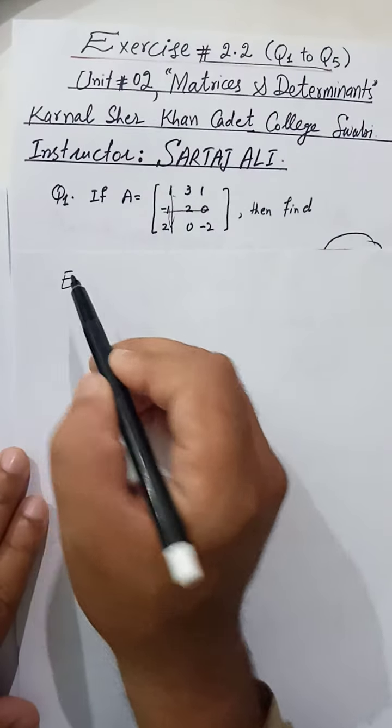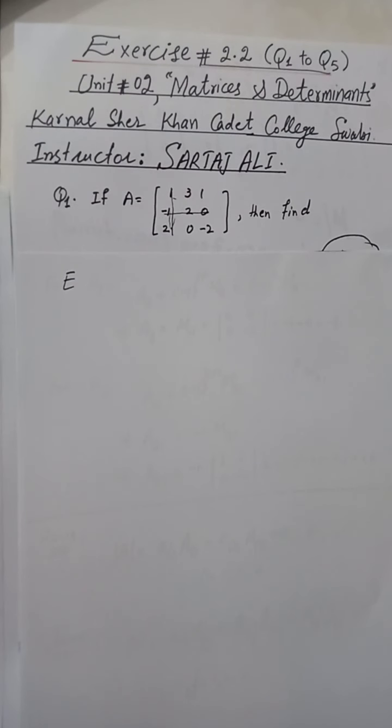the choice is yours. If you calculate the determinant with the first row, second row, third row, or with the first column, second column, or third column, you will get a unique answer, because you know from the theory that determinant is a function in which the input is a square matrix and the output is a unique number. So in any of the 6 possibilities, you will get a unique answer.